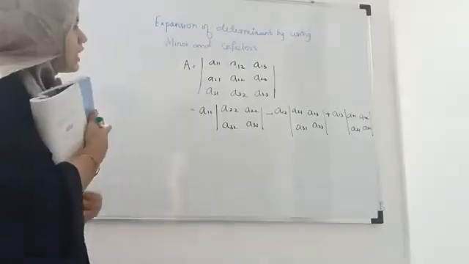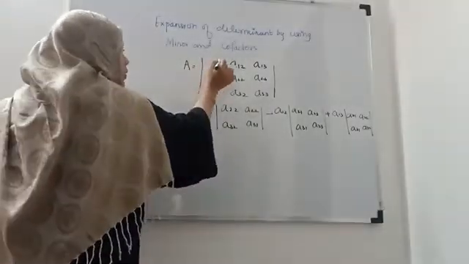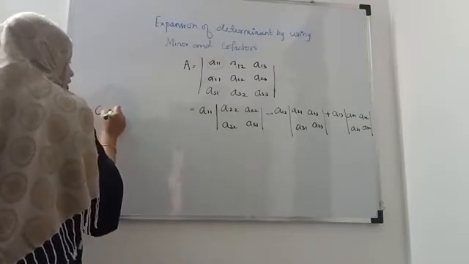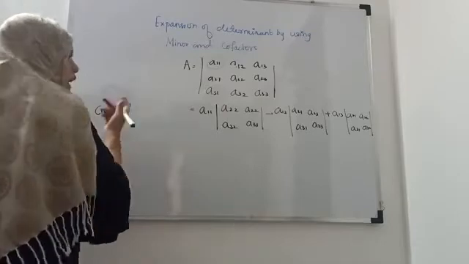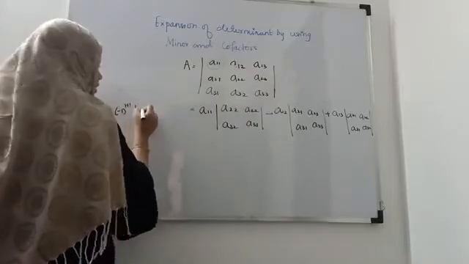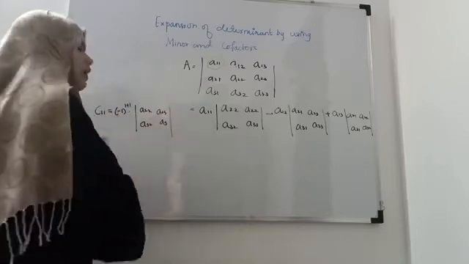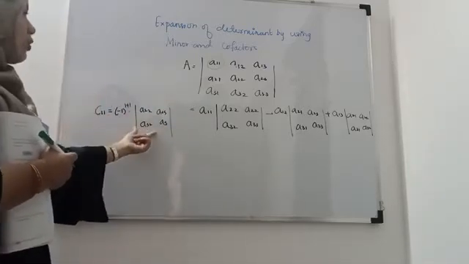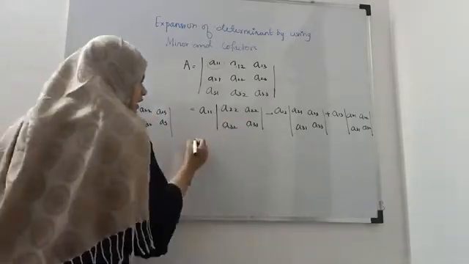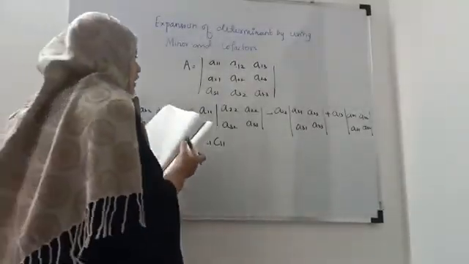But here clearly, if you calculate the minor or cofactor, what will be the cofactor of A11? We will write down here: C11 is nothing but minus 1 raised to 1 plus 1 into M11. M11 means this row and this column will go away, and the determinant of this, that is A22, A23, A32 and A33. Right? So minus 1 squared is plus 1 into this. So clearly this part is nothing but your C11. So can we write this part as A11 times C11? Yes? Okay.